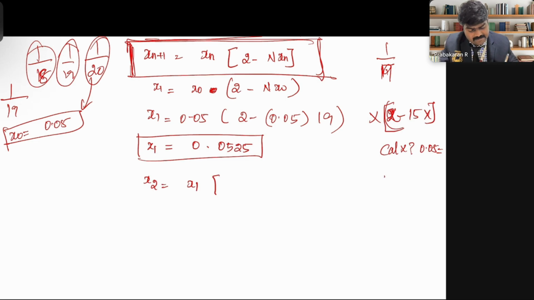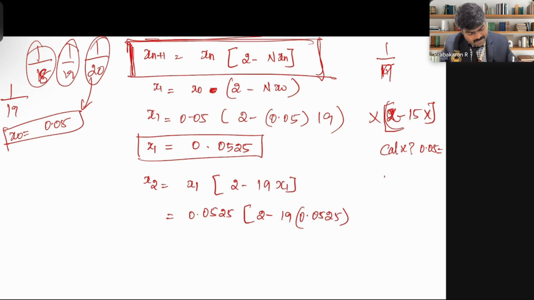The next value x3 depends upon x1, 2 times of n value, more precisely for this problem, n value is 19 times of x1, whereas x1 value is 0.0525, 2 minus 19 times of 0.0525. As I said earlier, you can make use of the scientific calculator by entering x times of 2 minus